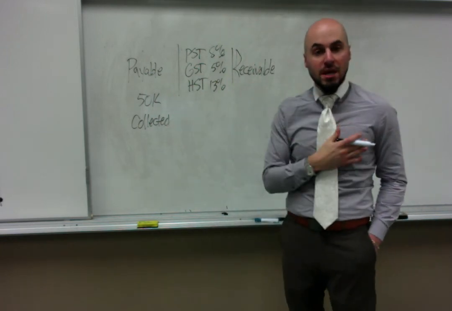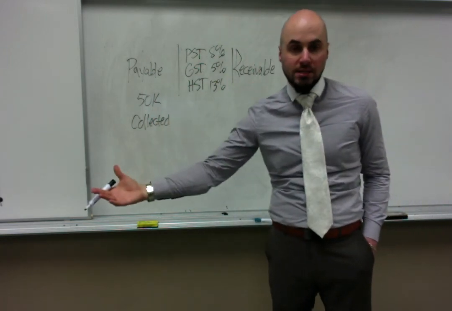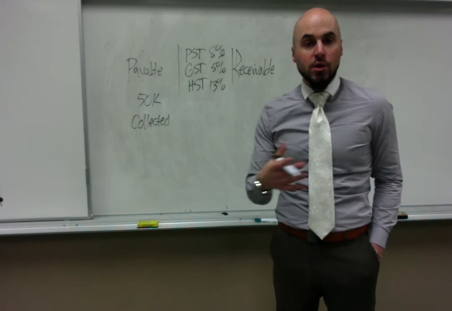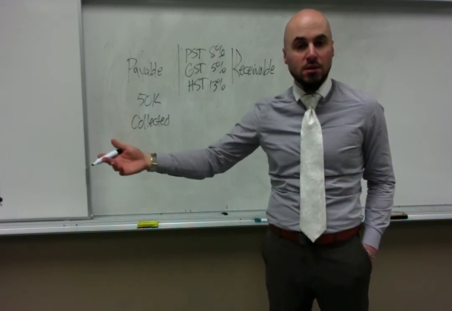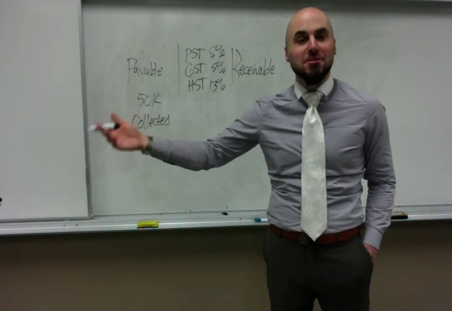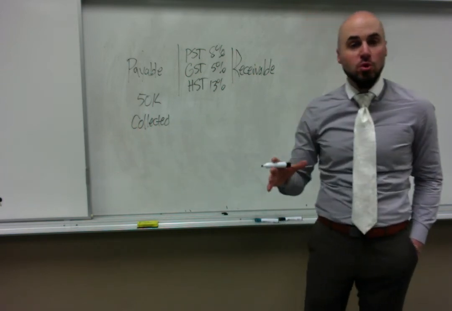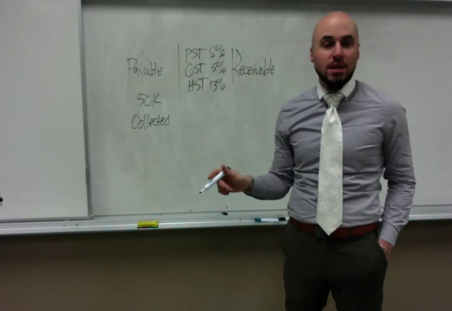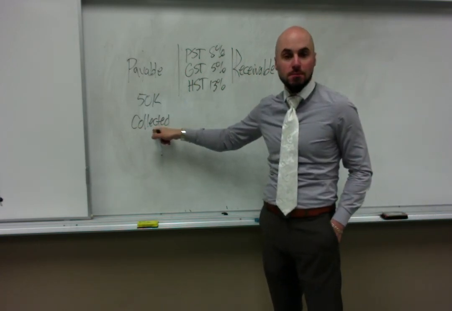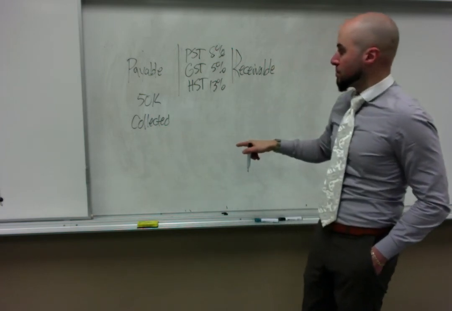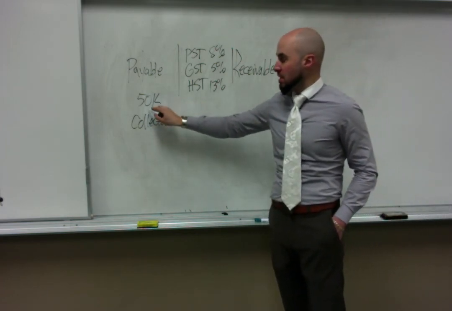The customer paid the tax to us. But we have to keep track of that tax. We can't consider it profit. We can't keep it for investing in the business anymore. We have to keep it in its own tax account to represent what has been collected. 50K we collected,